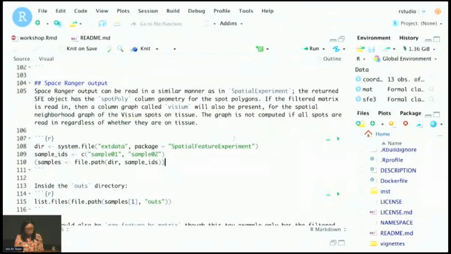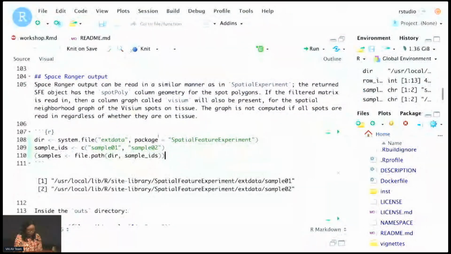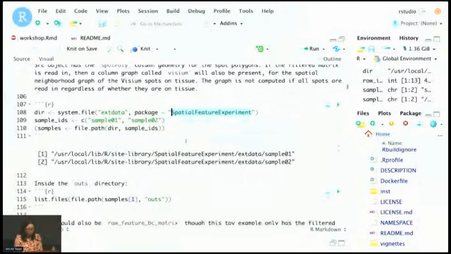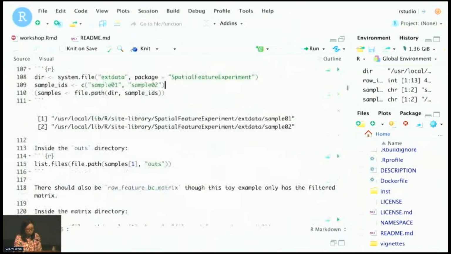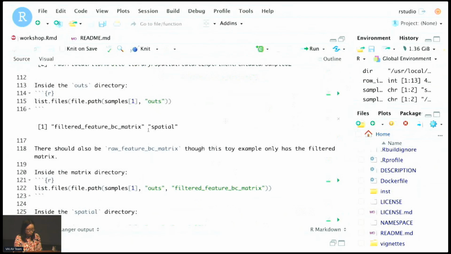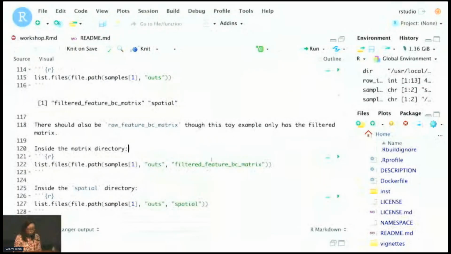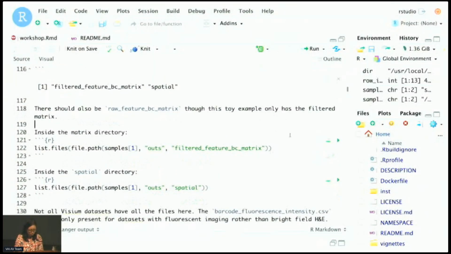So Visium is the most popular data collection technology, and Space Ranger is the official data preprocessing pipeline. So here, the SFE package comes with a toy example Space Ranger output for Visium. It's the old-fashioned Visium. So we have the gene count matrix and the spatial information, which includes the images and the spatial resolution of the images and so on.